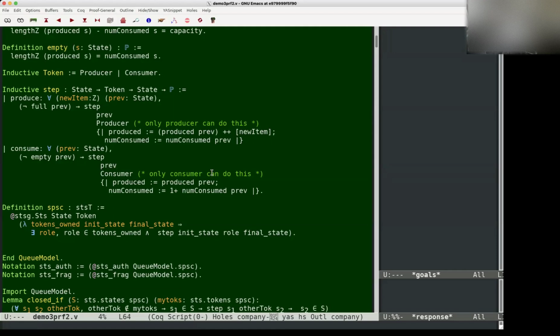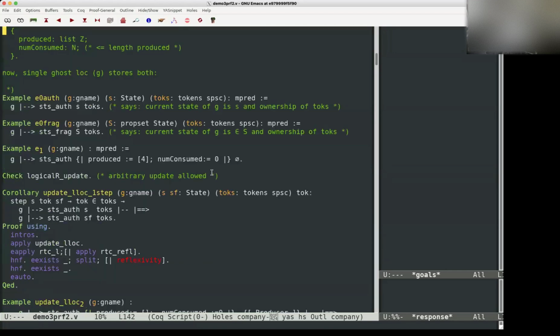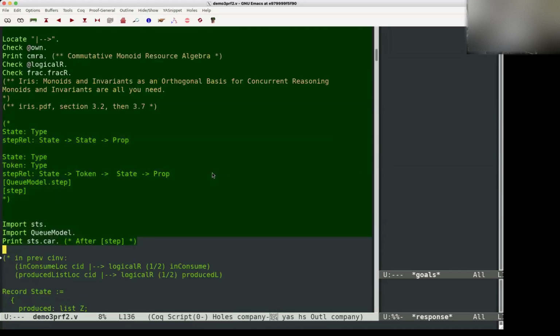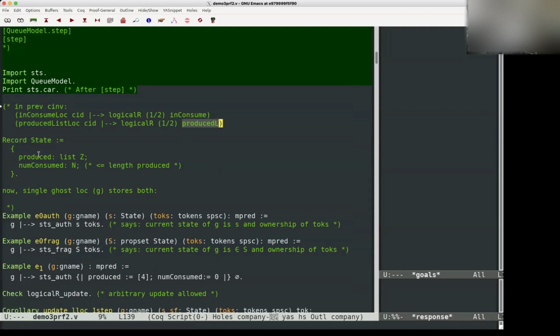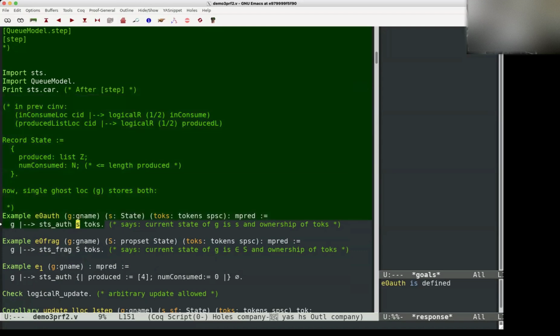Makes sense? Any questions? Okay, so now we can use the state transition system in our specifications. Previously we had two ghost locations: one where we stored the entire produced list, and the other where we stored the number consumed. Now we can just have one ghost location that stores both of those things. And so here is an example assertion. It says that at ghost location,